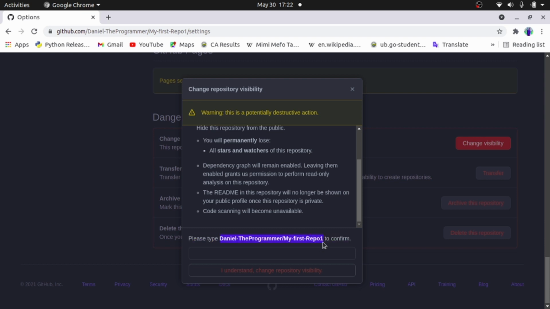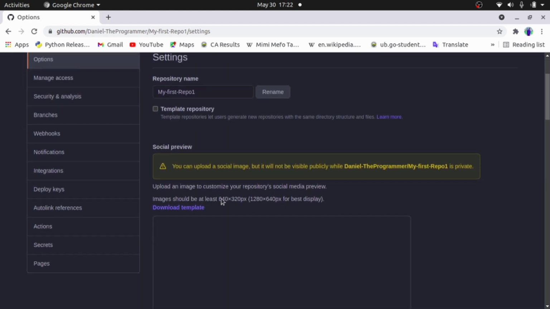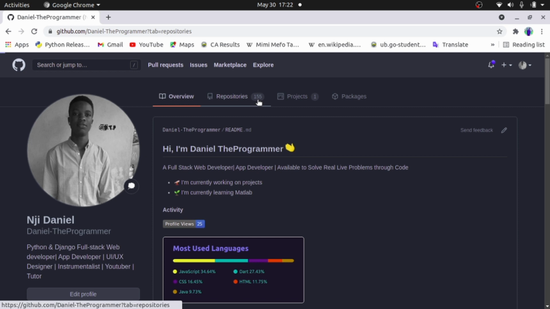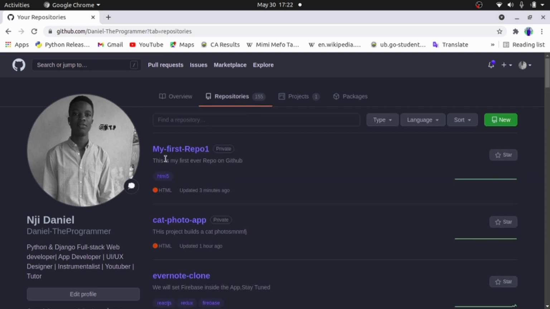So we'll just copy and paste. Now we'll change repository visibility. So if you come now to your repositories, you will see here that it is now private. So that's how to make it private.